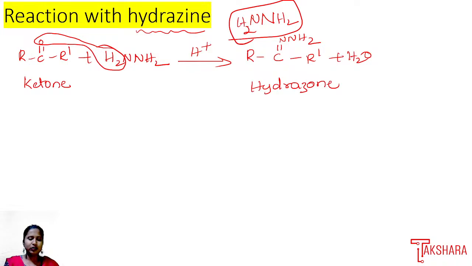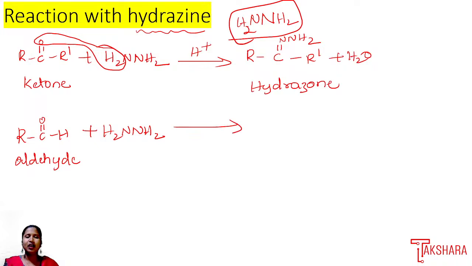Okay, so ketone also gives the product hydrazone. Now in place of ketone, let us consider aldehyde. So that is RC double bond O H. So this is what? Aldehyde. When aldehyde undergoes the reaction with